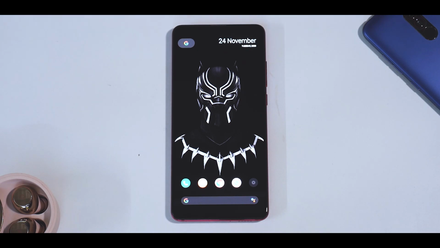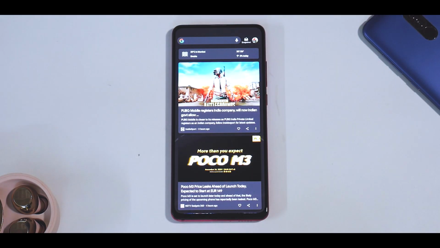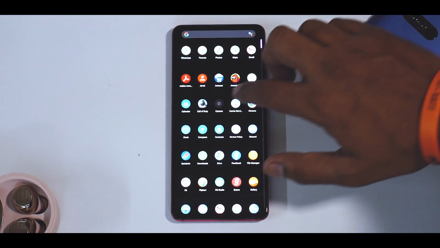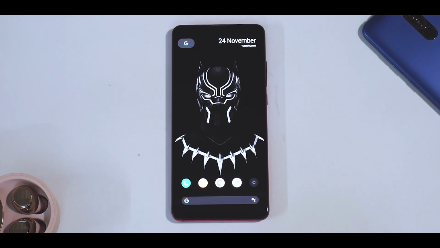Black wallpapers save you a ton of battery. Now, as I've been saying in all of my videos, to the left, the Google feed for me is very important. This itself is with the dark mode. Now apart from that, if you have a look over here, I've changed the transition animations to 0.5x, which you can of course do by going into developer options.